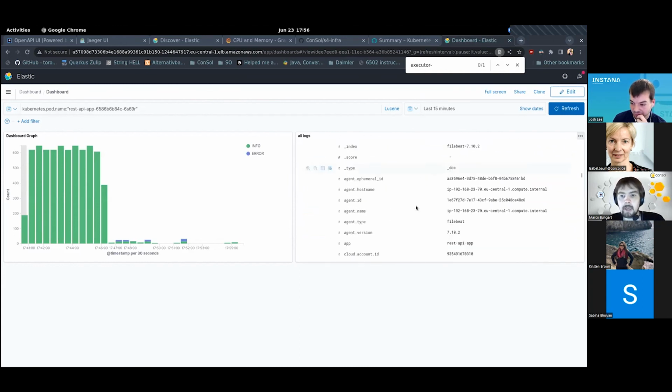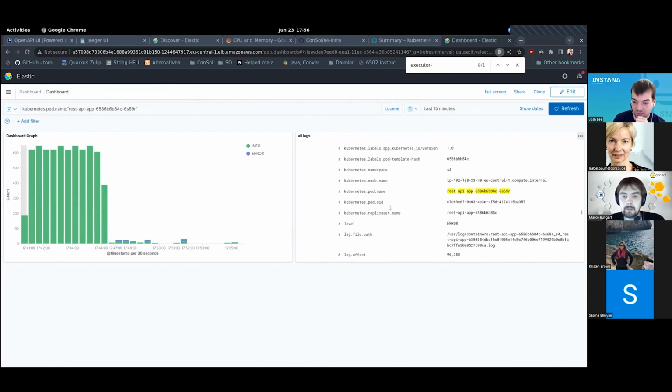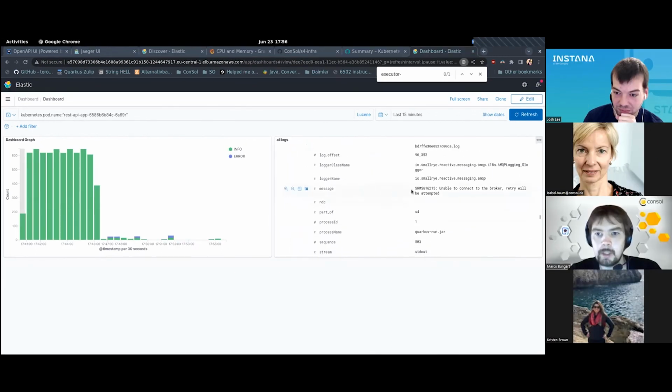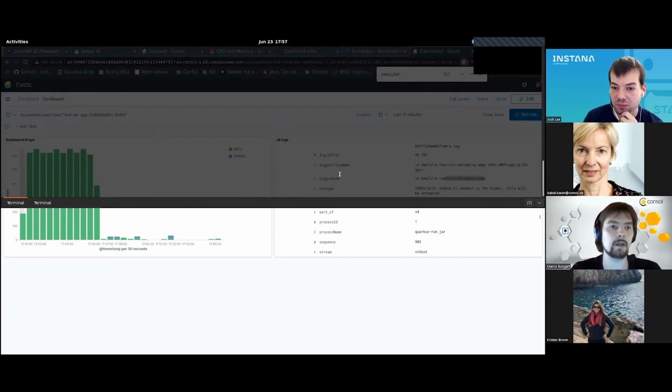So here we have the error warning log in the application that actually tells us, okay, message, where are you? You are down right here. Unable to connect to broker, the retry will be attempted. So this is the final information we need to see. Okay, we are unable to connect to the broker. Up here we see the Java component, reactive messaging AMQP. So we are sure it isn't the database, it isn't something within the service itself. It is actually the Artemis that's not playing along.